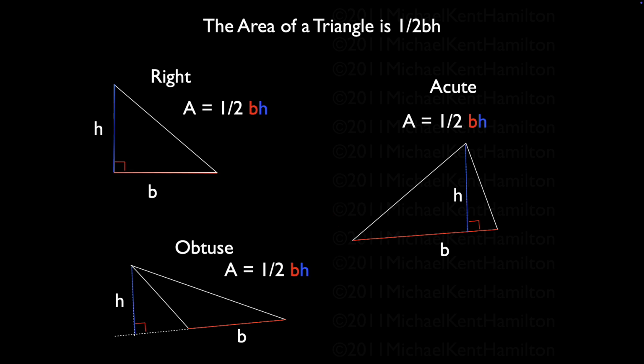So in each of the three different kinds of triangles, the formula is always 1/2 base times height. I hope that